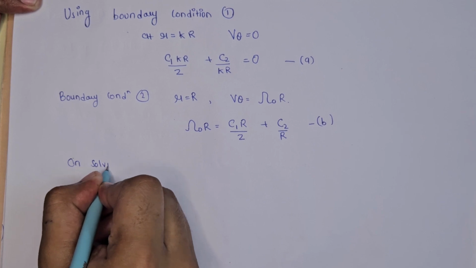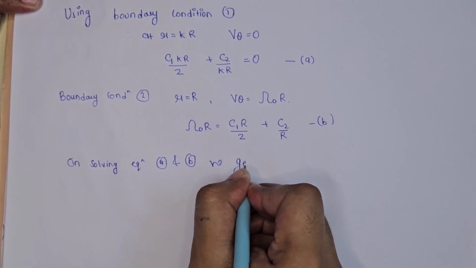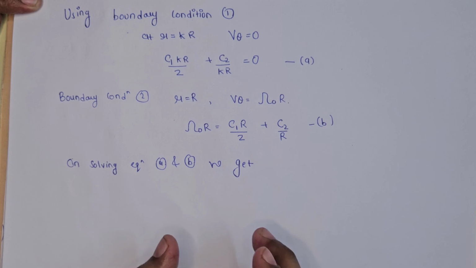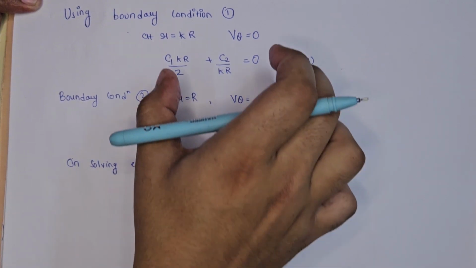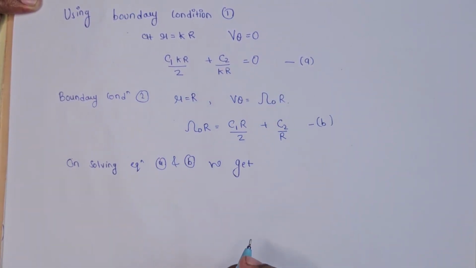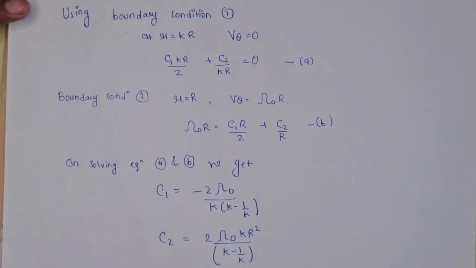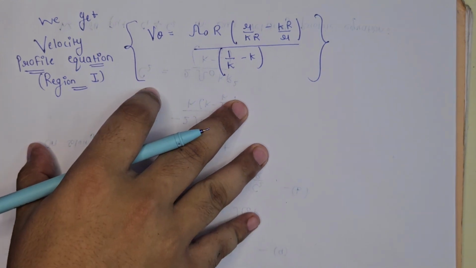On solving, we get the values of c1 and c2. So we can subtract firstly equation A from equation B, taking 1 upon kappa common from equation A. So on solving, we will get the constant C1 is equal to minus 2 omega naught upon kappa into kappa minus 1 upon kappa, and C2 is 2 into omega naught kappa r square upon kappa minus 1 upon kappa. So by putting the values of C1 and C2, we will get the final velocity profile equation for